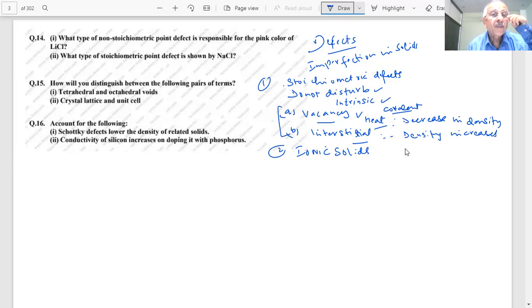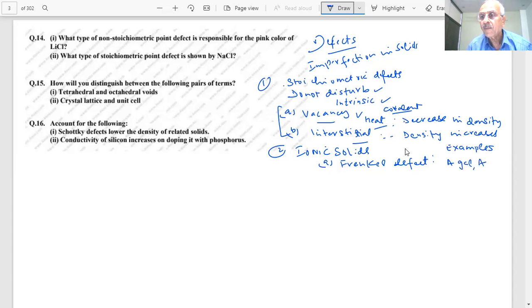In case of ionic solids, there are Frenkel defect and Schottky defect. What is a Frenkel defect, students? Sir, in Frenkel defect, the smaller ion, which is the cation, is dislocated from its normal position to an interstitial position. This can also be called dislocation defect or interstitial defect. Give me examples, they will ask you in the paper. Sir, for Frenkel defect, there are AgCl, AgBr, ZnS.